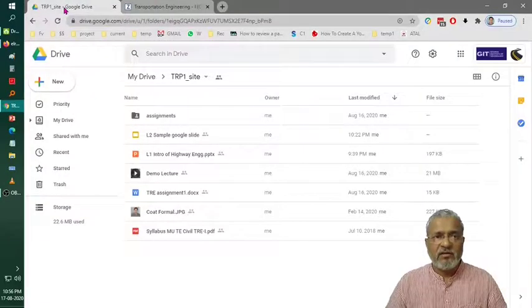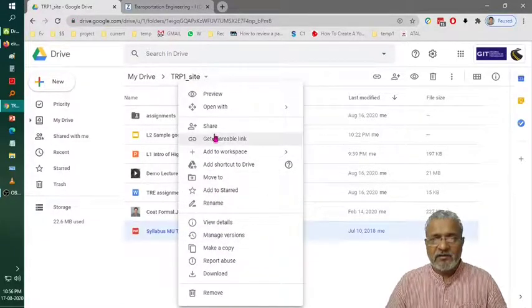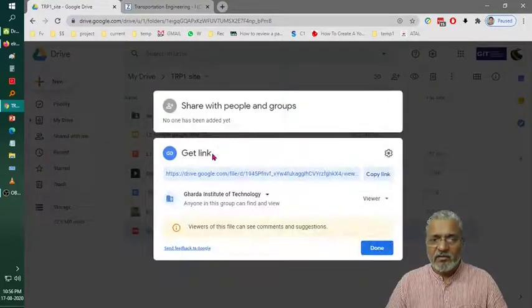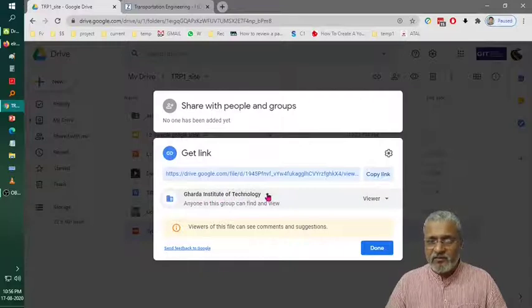In Google Drive, I have got the syllabus file here. I will right click on the syllabus file and get this menu, which has get shareable link. I will set the permission so that people within the GIT should be able to view the file, and I will copy the address.